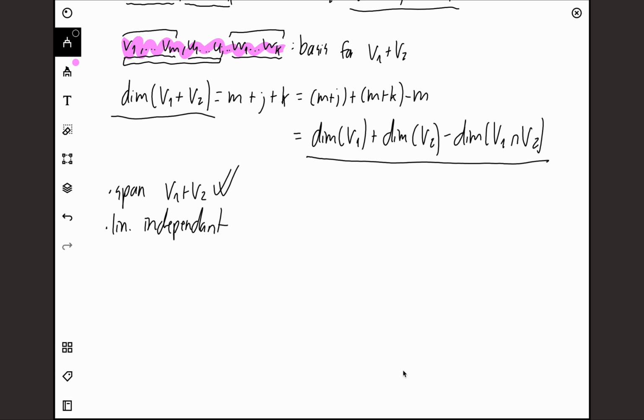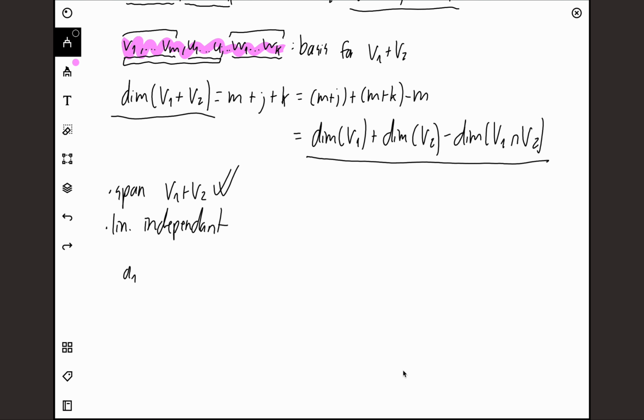sum up to the zero vector, the only way they sum up to the zero vector is if all the coefficients are zero. So the only linear combination that gives us the zero vector is the trivial combination, and the trivial one means that all the scalar multiples are zero. So basically, we want to show that if